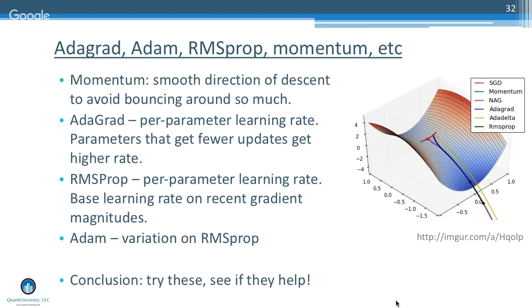So again, roughly the two tips I would say are: see what people have used in similar applications, try some different ones, and use Adagrad or Adam as a default. On the Wikipedia page for stochastic gradient descent, these algorithms are pretty well summarized. So if you're just figuring out what these algorithms are, Adam is kind of a variation of RMSprop, so it gives you a little bit of math.